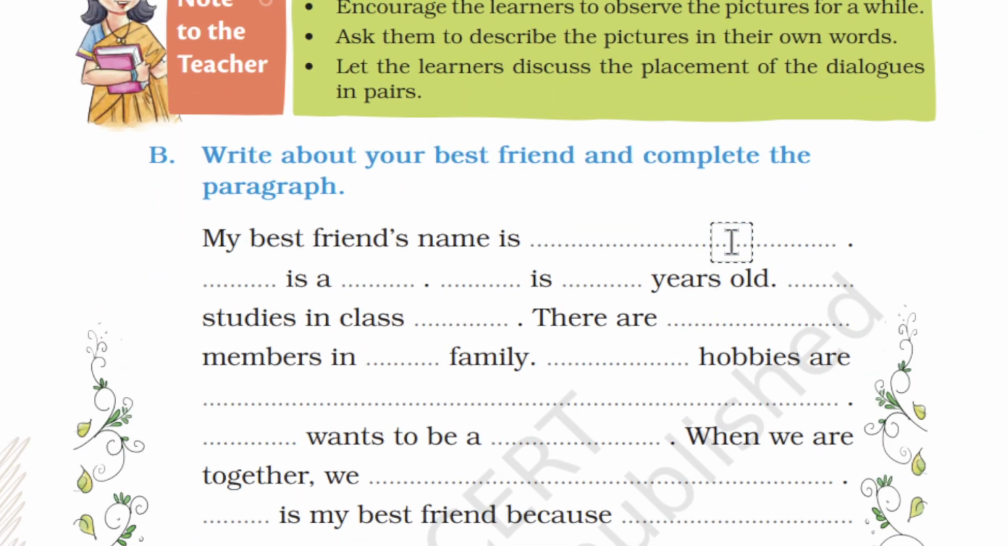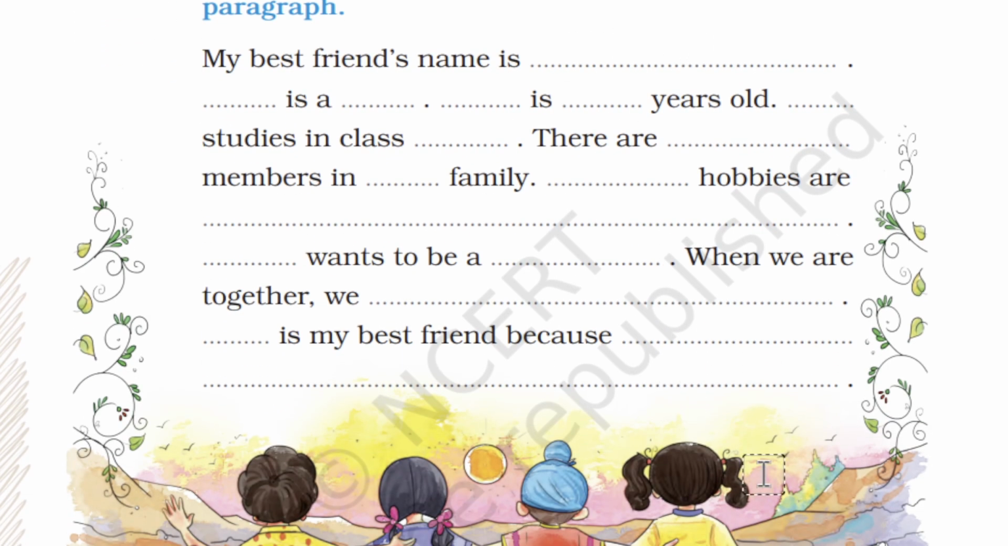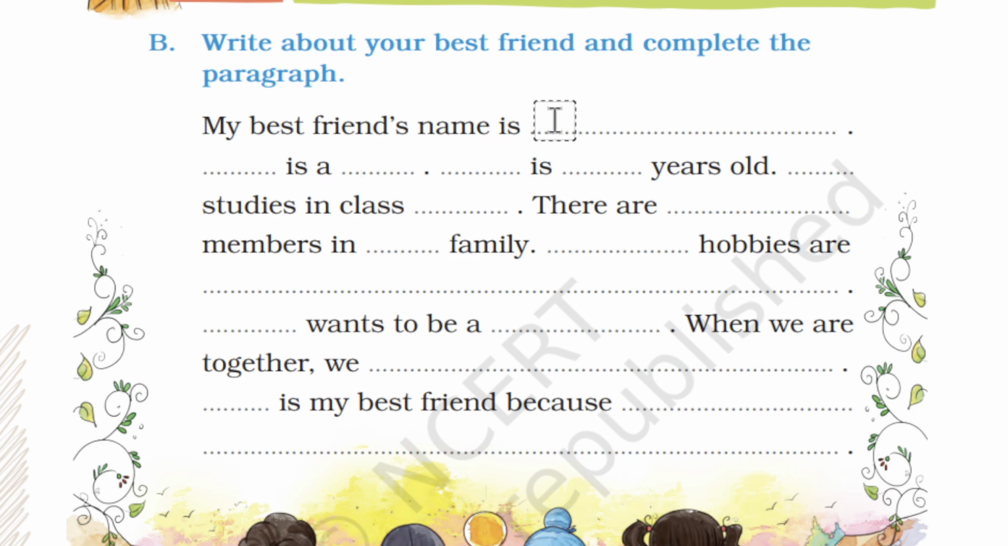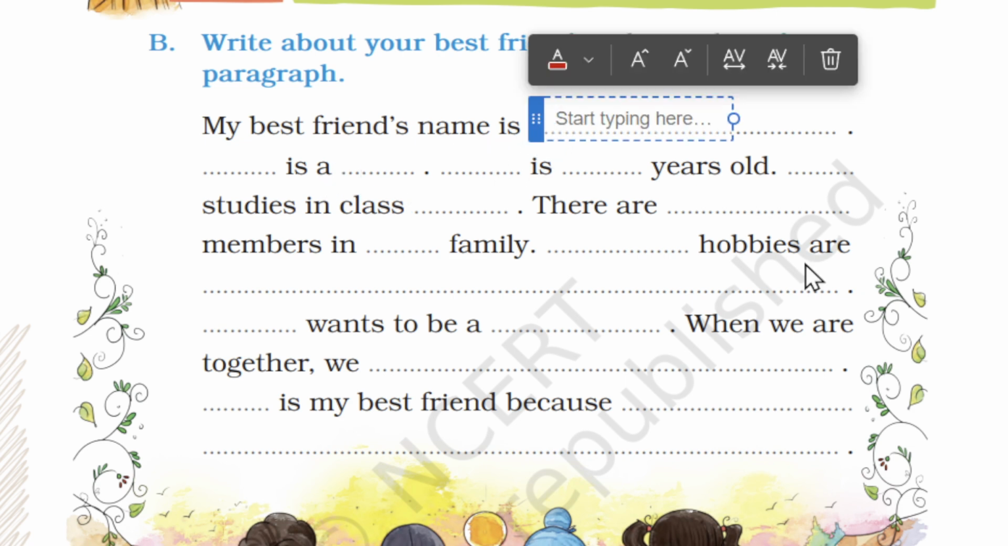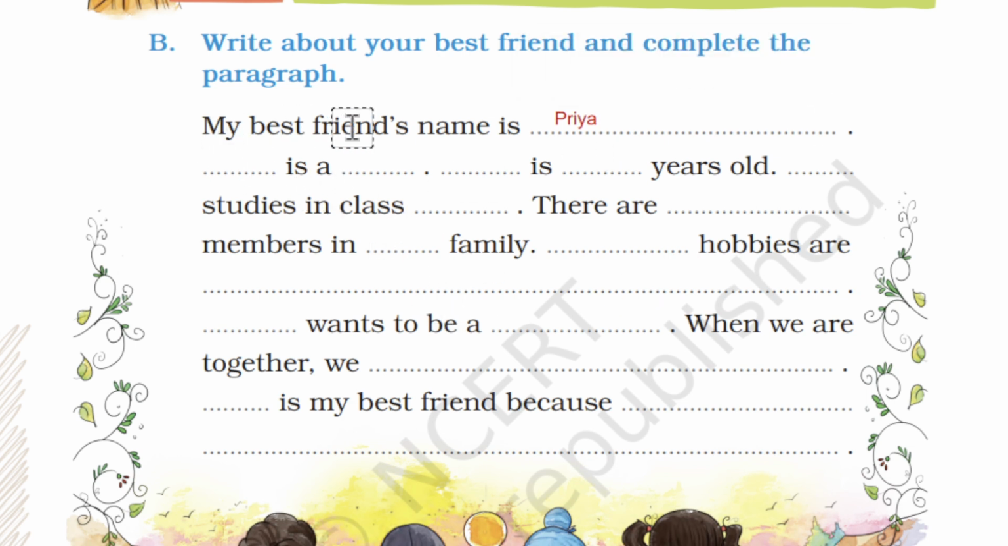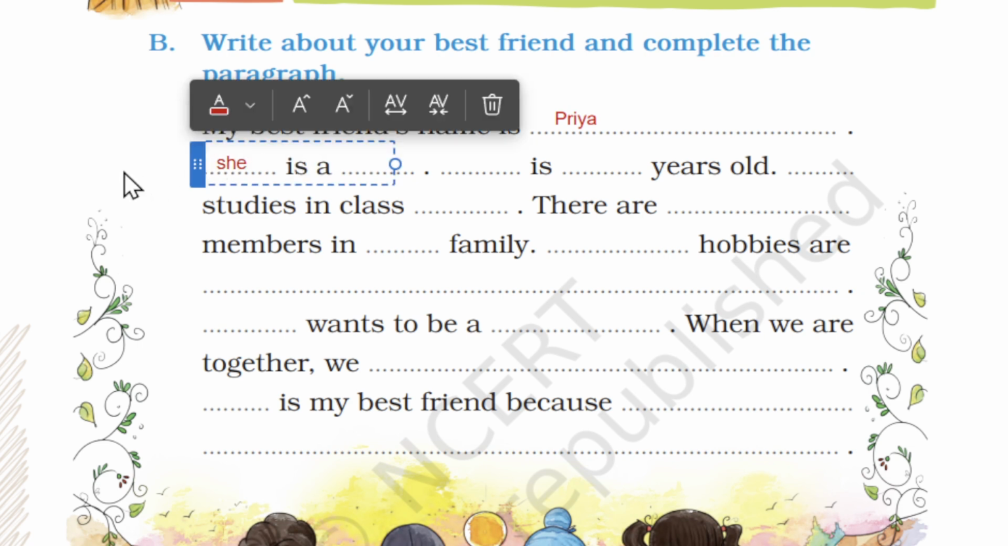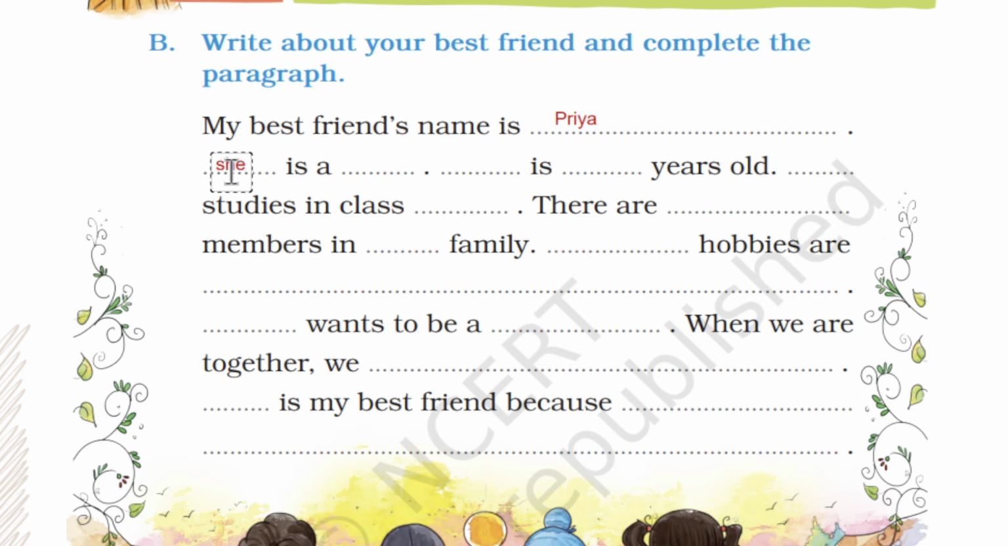So next, write about your best friend and complete the paragraph. So here you have to complete. So my best friend's name. You can write any name. I'm going to write Priya. So my best friend's name is Priya. And she is, in case you're writing a boy's name, you can write he is. And she is a,